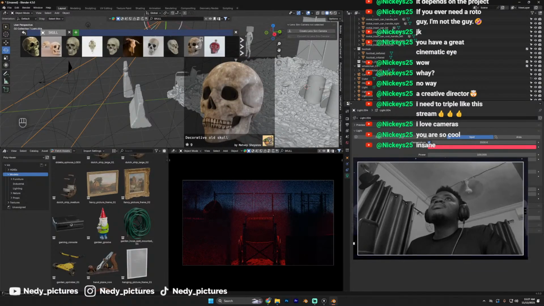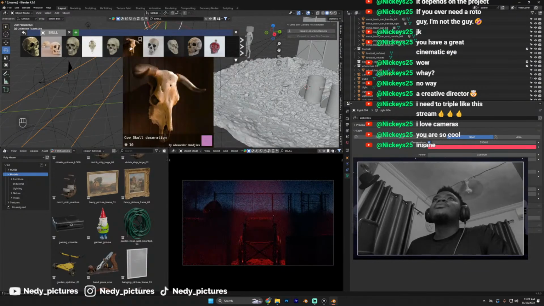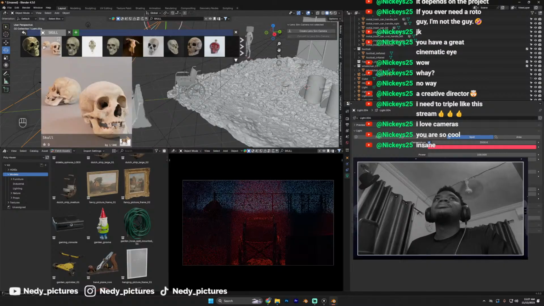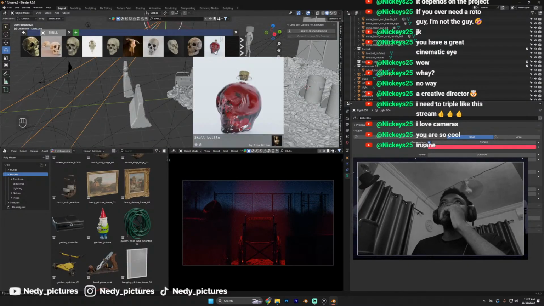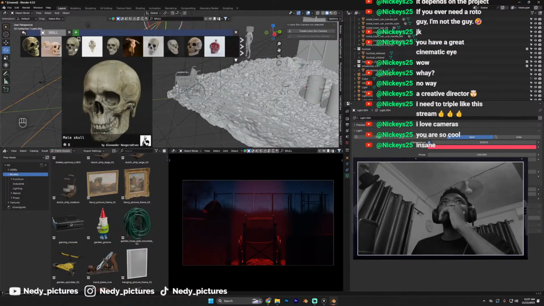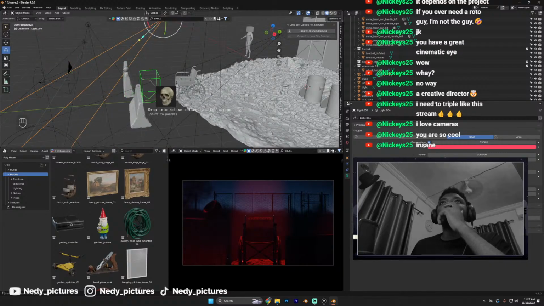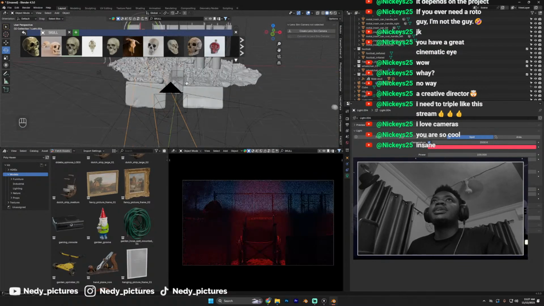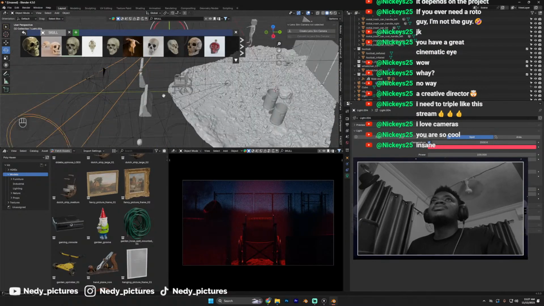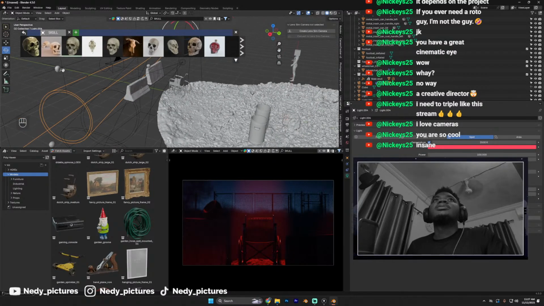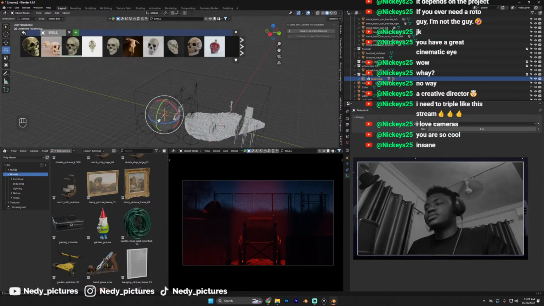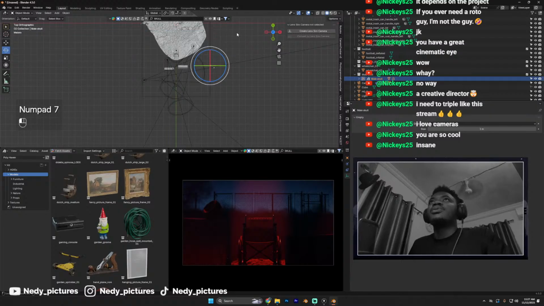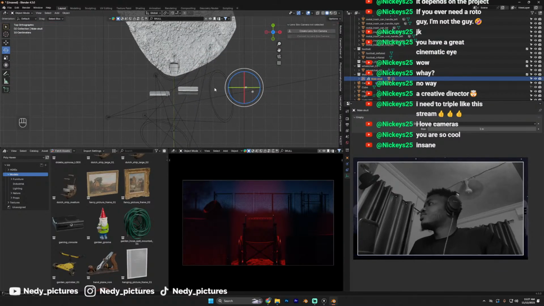Let me head over to Blender Kit and look for a high quality skull. Nice. Okay, I'm going to go with this one. I'm going to put the skull on our wheelchair here. Are you sure that's where you placed it? Nah, I placed it at the wrong place. So I'm going to quickly